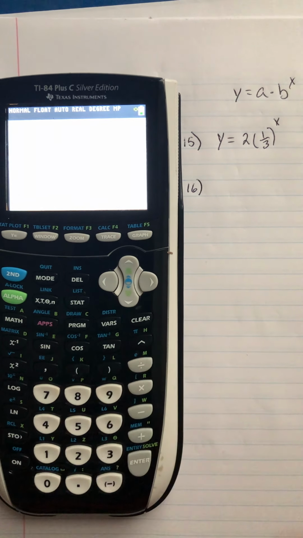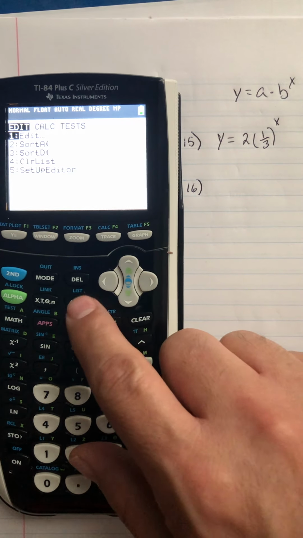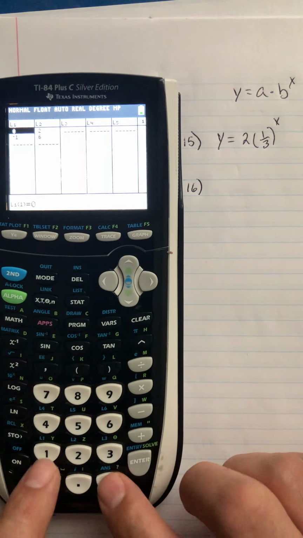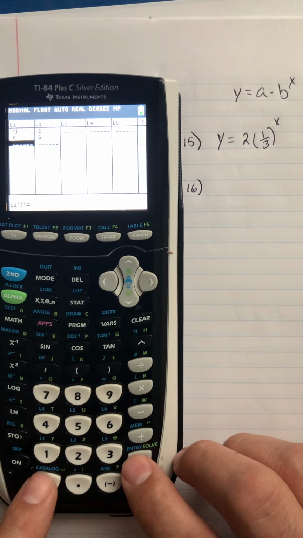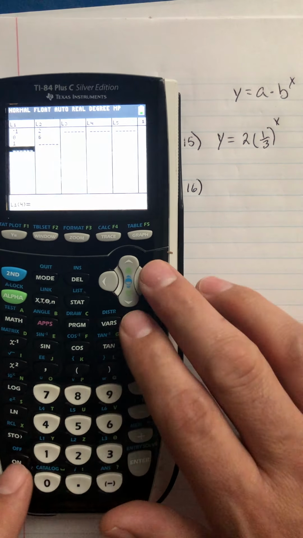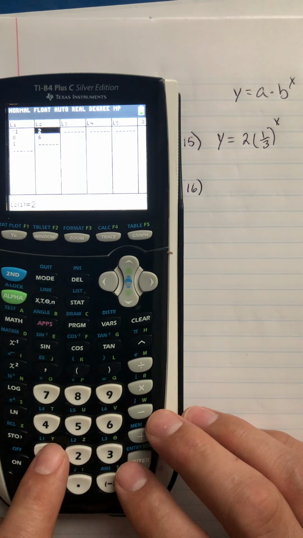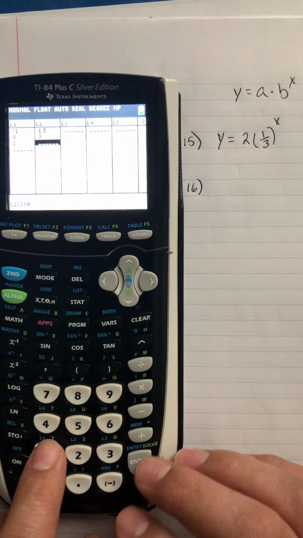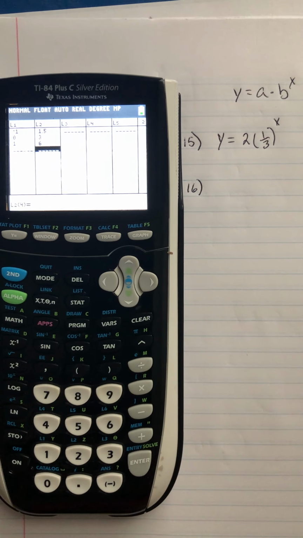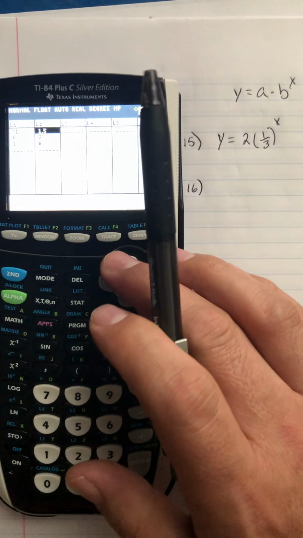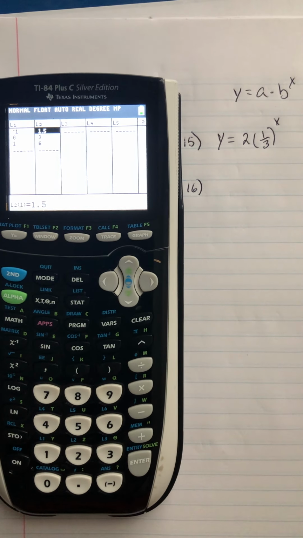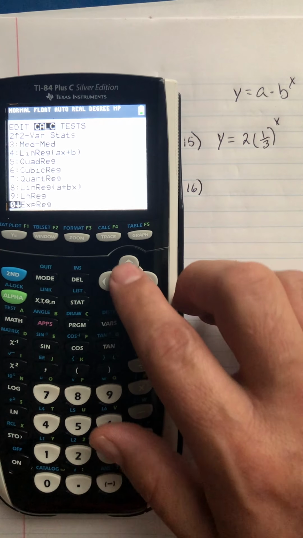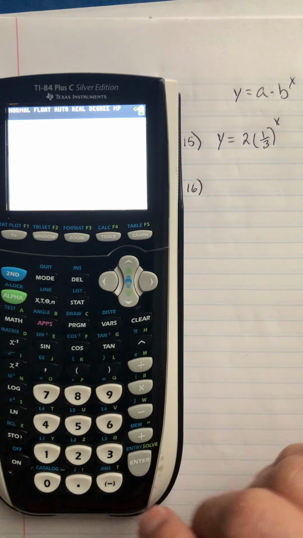Number 16 again, this time it gives us 3 points, so we hit stat edit. We go ahead and change these points. This is at -1, 0, and 1. And then the y values associated with that, it looks like it's 1.5, 3, and 6. Okay, if we were a little unsure about this first one, we could always leave it out, but I'm pretty sure it's 1.5. So then we'll go stat, calculate, and go all the way down to exponential regression,